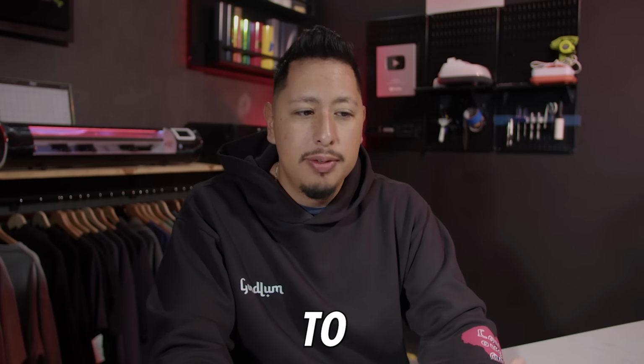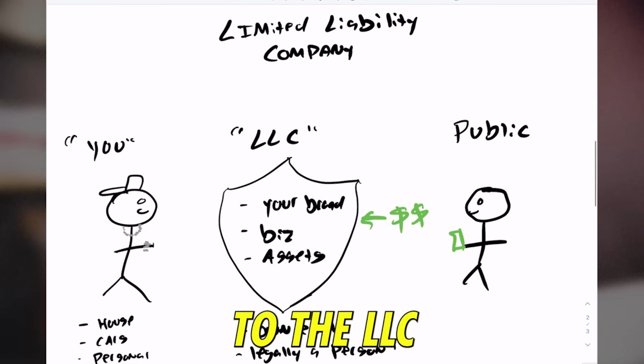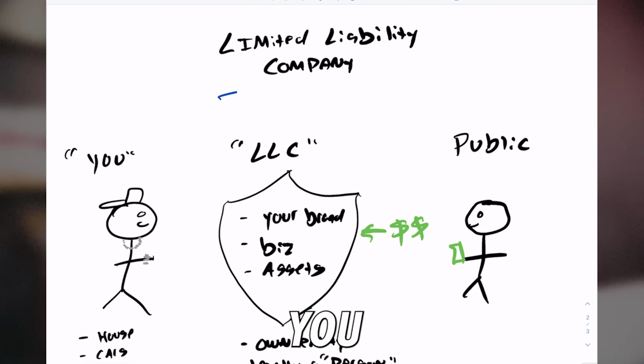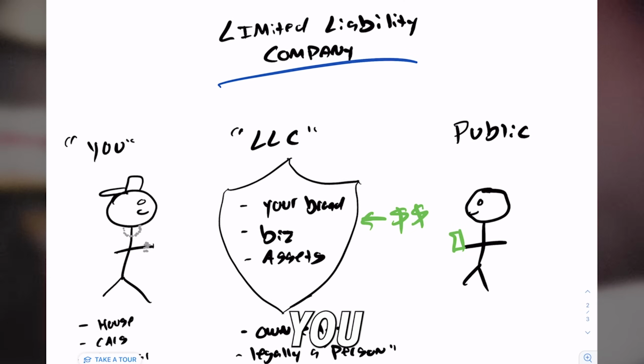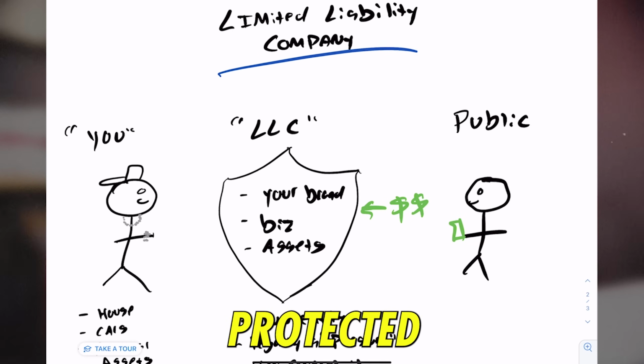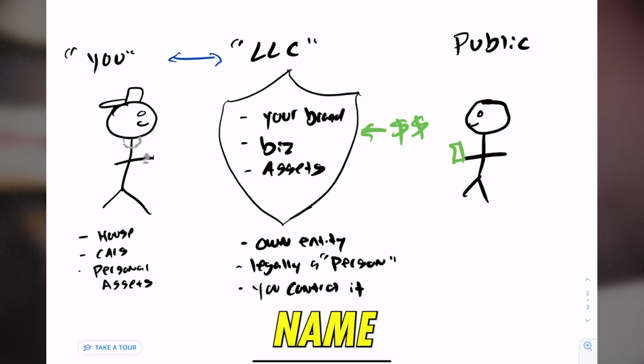So, sole proprietor, to keep it simple, means you're like an Uber driver. You're just gonna launch a business, you're gonna get paid, everything's gonna go through your name. When it comes to the LLC, this means that you have a limited liability company. And what this means is that you, as the owner, are protected. You're shielded by this LLC here, because this LLC is what's actually gonna own your brand name and all of